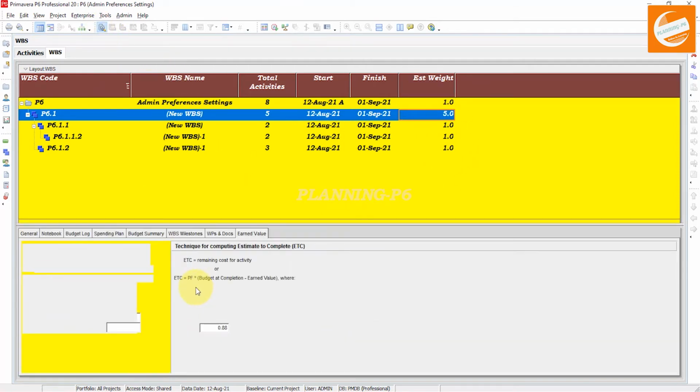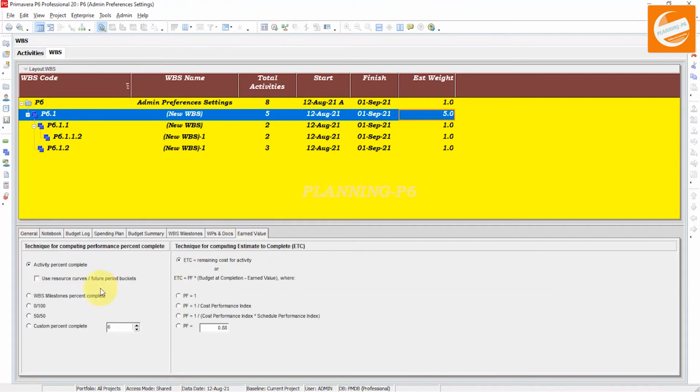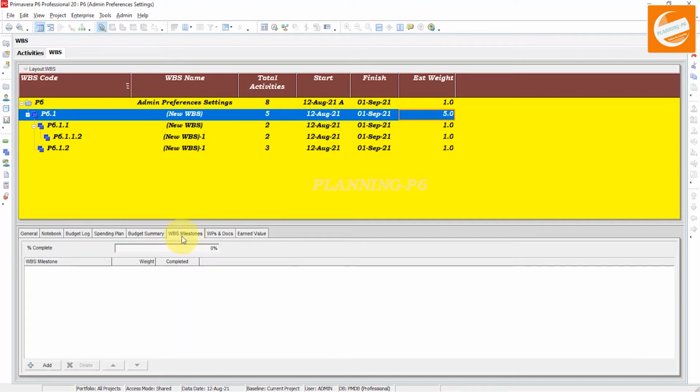And if I show here the bottom layout, in the general tab, this is earned value. You can manage the same earned values from here for the WBS, and here you can see the WBS milestone. You have to add your milestones at the WBS level and assign the milestone the weightage of the WBS. If you add 5 milestones, it will be divided equally, and after the completion of each milestone, the weightage will be calculated.